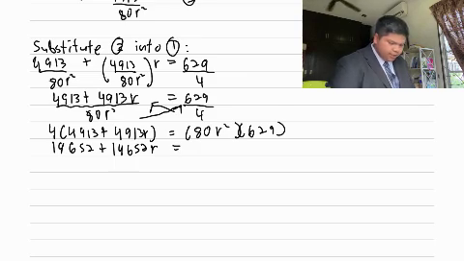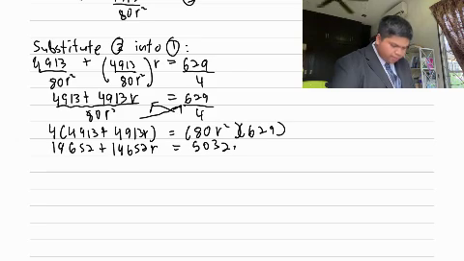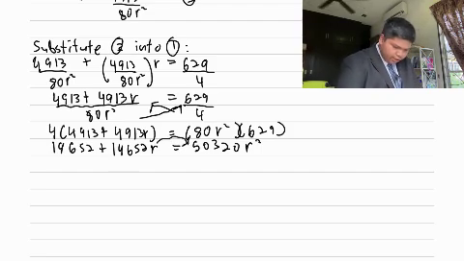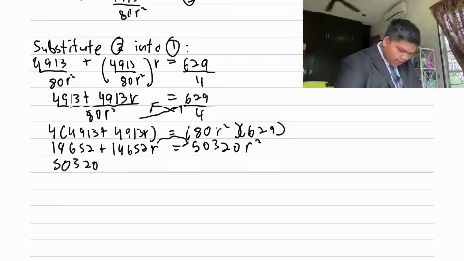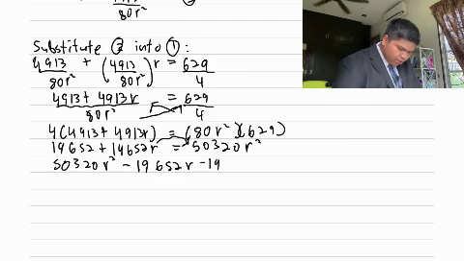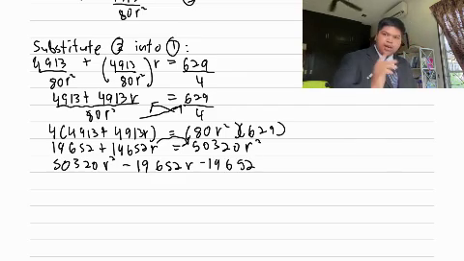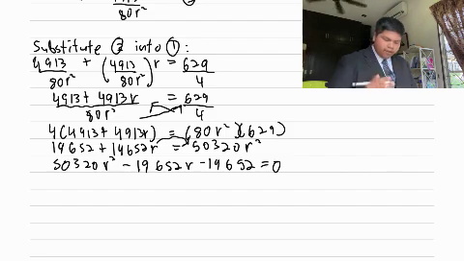80 times 629, 50,320 square. So now we can move this equation all to the right to get a quadratic equation. So it would look like 50,320 r squared minus 19,652r minus 19,652 equals 0. Now, very important for AddMaths, whenever you have a quadratic equation like this, you must always express